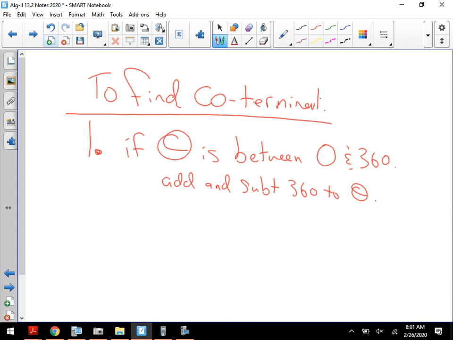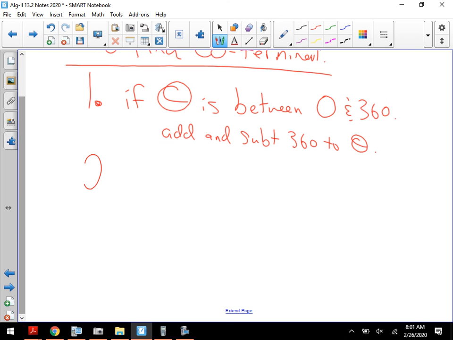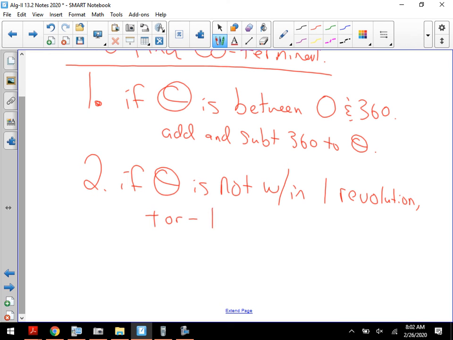For example, so write this one. The other one is if theta is not within one revolution, add or subtract to get to it. It sounds really weird for something that looks really easy. For example,